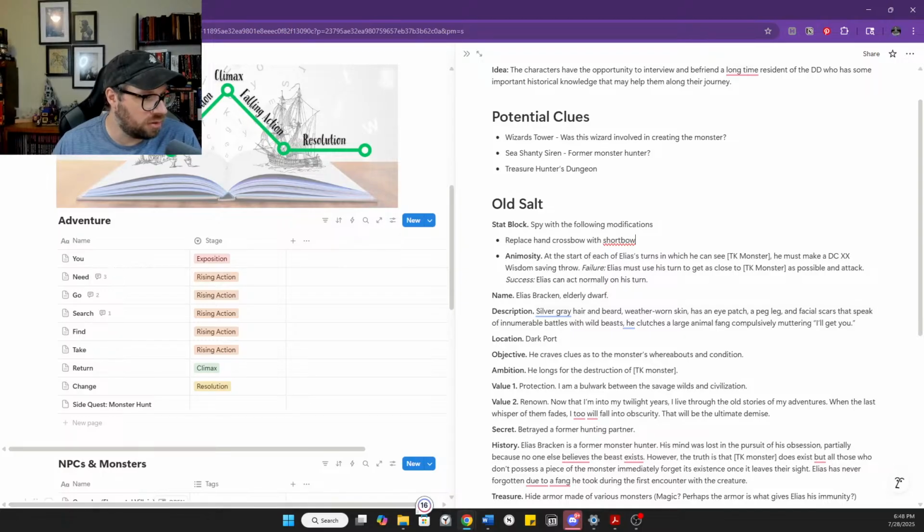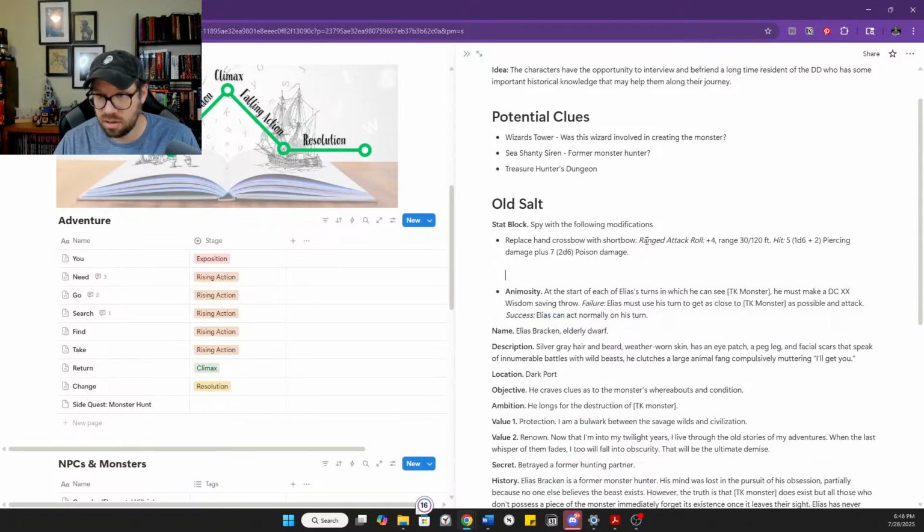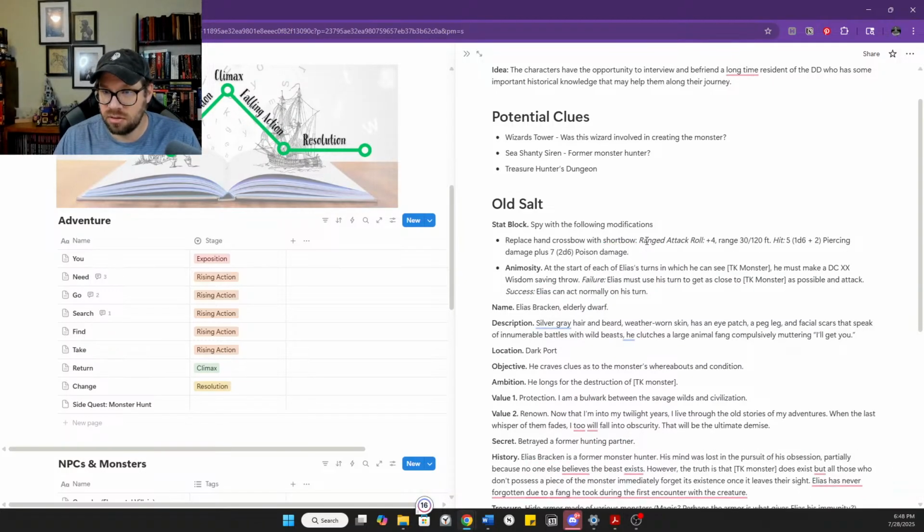And I'm literally just going to copy and paste the attack damage there, just so that there's no confusion about it still being poisoned. It still does the same amount here. And I'll check the range on that real fast before I forget. The range on a short bow is 80/320. Cool.